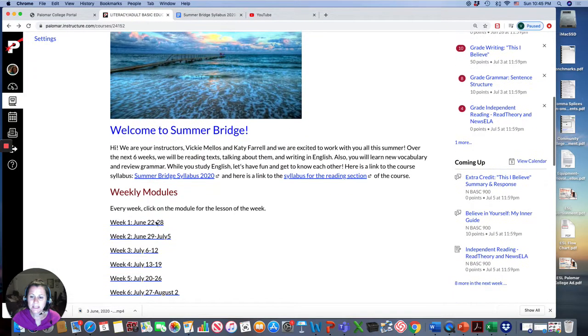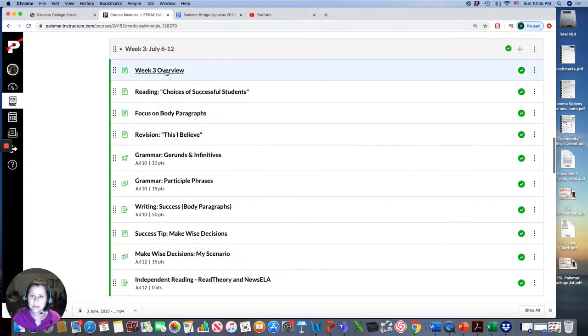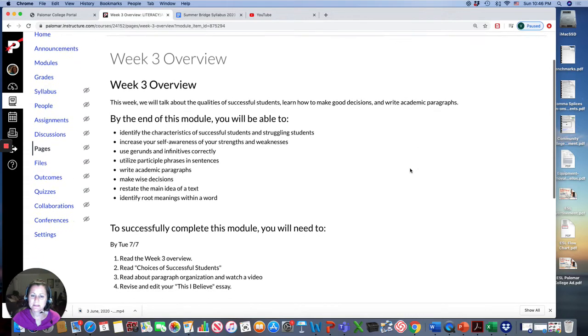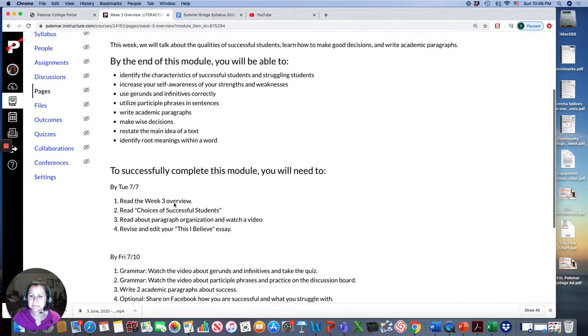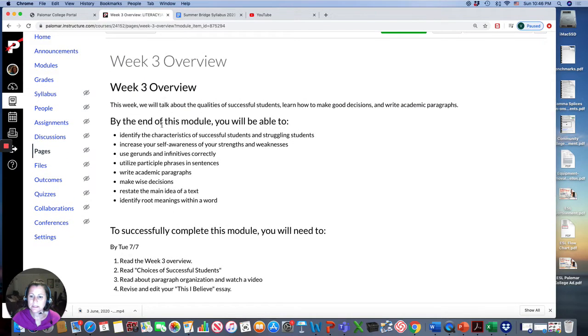So when you begin, click on the week 3 module and make sure you go over this overview. This week, we will talk about the qualities of successful students, learn how to make good decisions, and write academic paragraphs. And these are the things that we're going to be learning this week and that you will be able to do by the end of the week. By Tuesday, make sure you read over this overview,